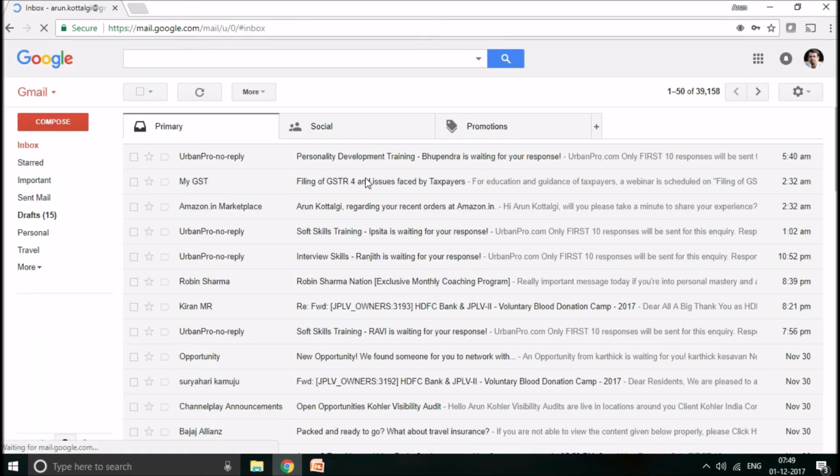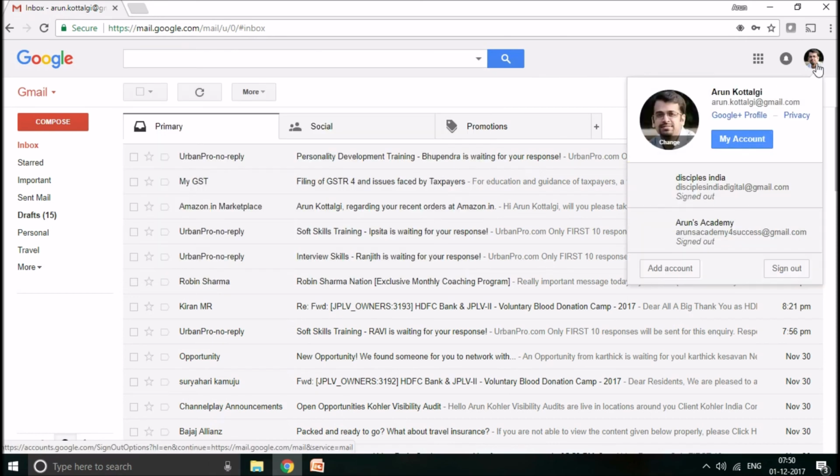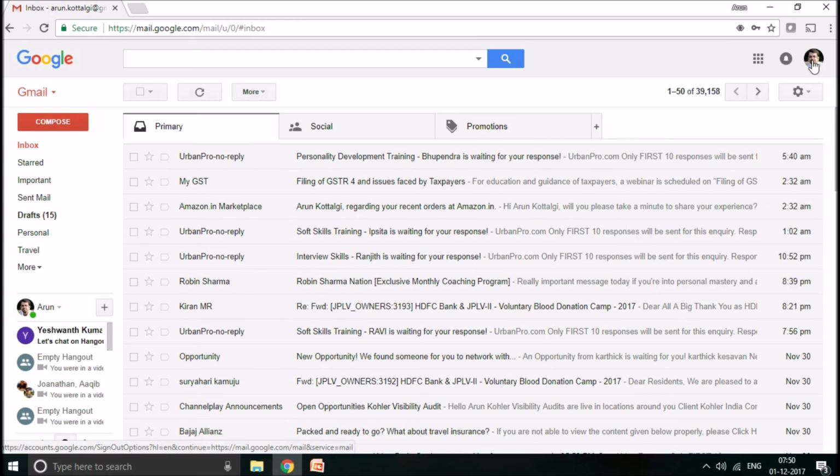Now the Gmail looks something like this. So it will have a search bar to search the emails. On the top right, it's all about your particular profile management. You can create your photograph, you can change your display name. Okay, now display name is what is shown to the receiver. Your email ID is this. My email ID is arun.kottalgi@gmail.com, but my display name is capital ARUN space capital K Kottalgi. So all these things, including the profile picture, etc., and other settings can be managed in this particular link.